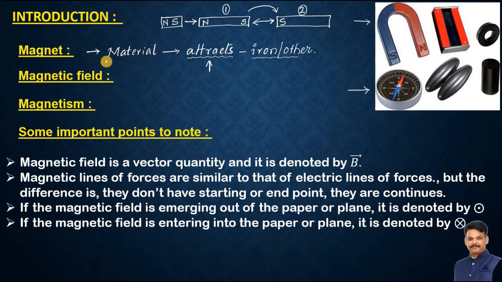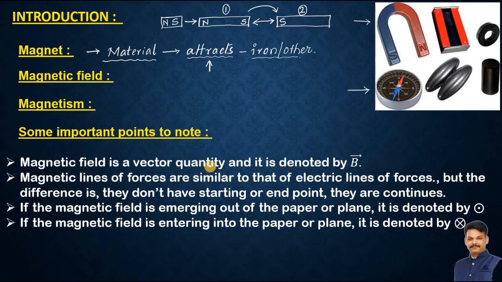So after understanding what magnets are, I want to recall it once again. Dear students, magnets are the materials which have the property of attracting iron or iron-like substances. Based on this property, we have different types of magnets, of different shapes and sizes, which are used in our daily life for different purposes or works. Now, dear students, let us recall what we have learnt in our previous classes.